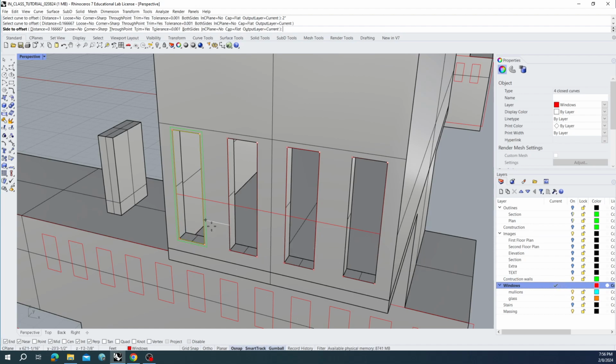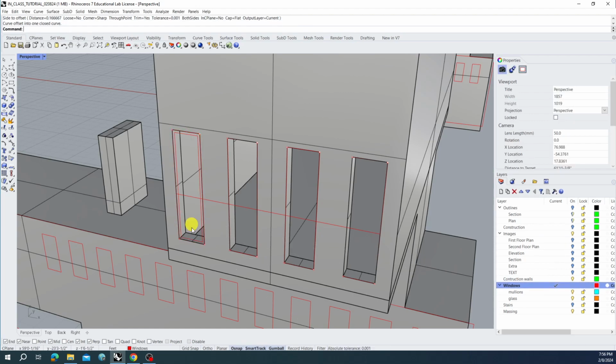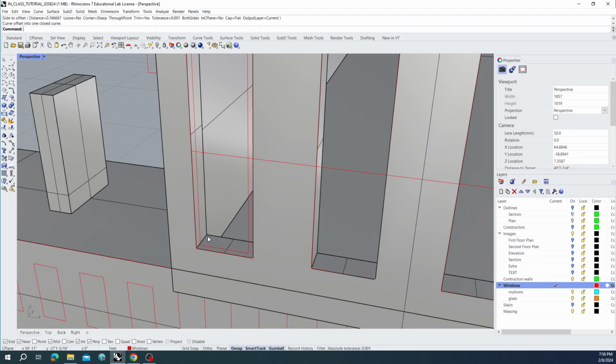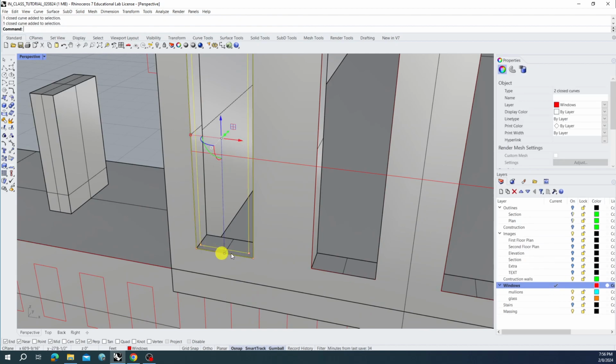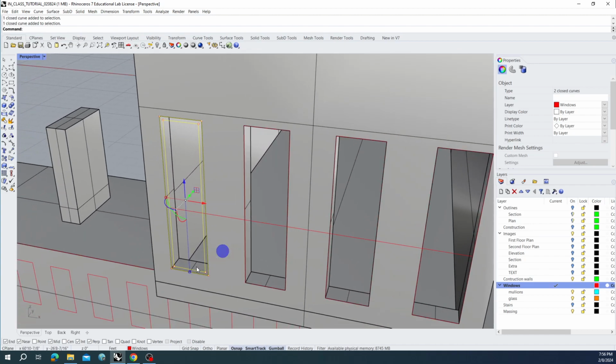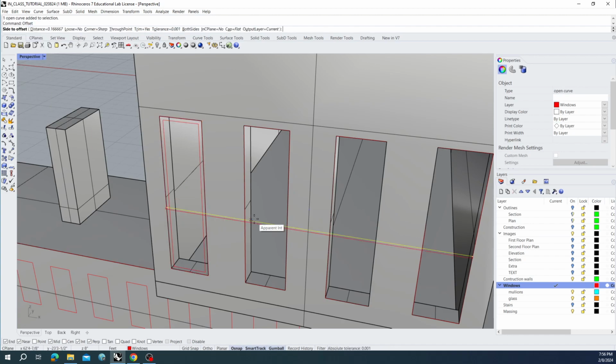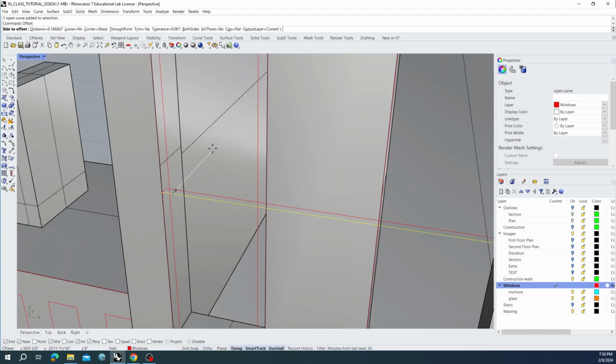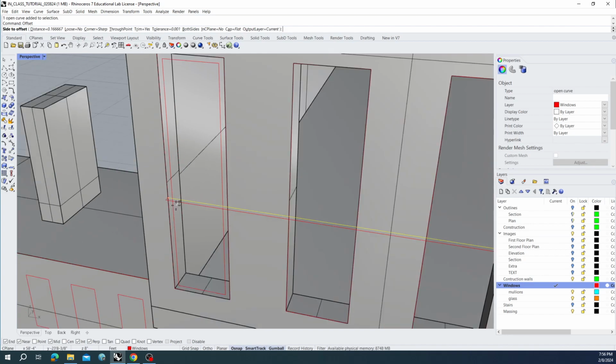Again, I'm going to go to my window layer just so it's all taken care of. And now we see that we have a 2-inch offset with our window opening. We can do this similar thing with this line up here, where it's dedicated for the middle mullion. However, as we see, it's offsetting in the XY direction and not the Z direction, or the Z axis. What we can do there is